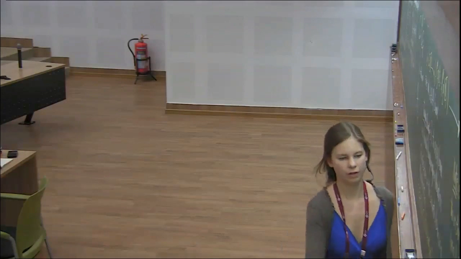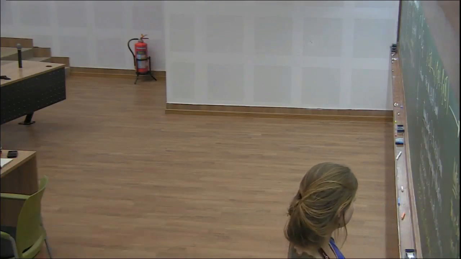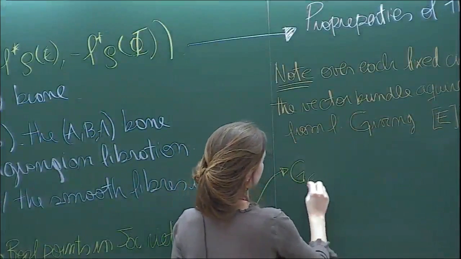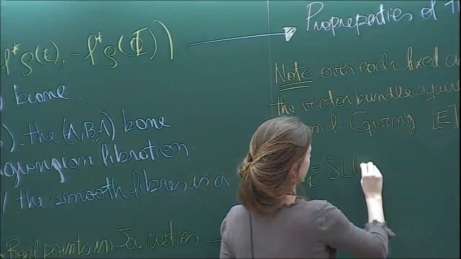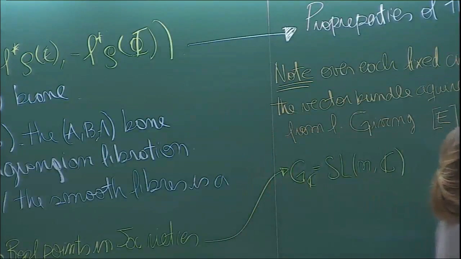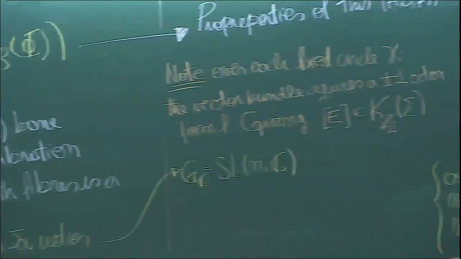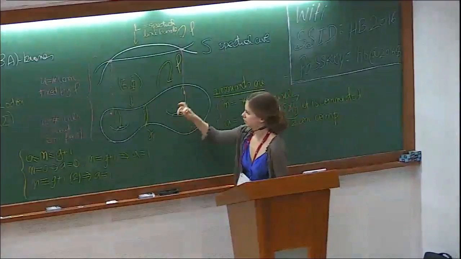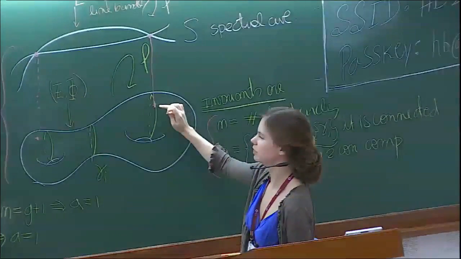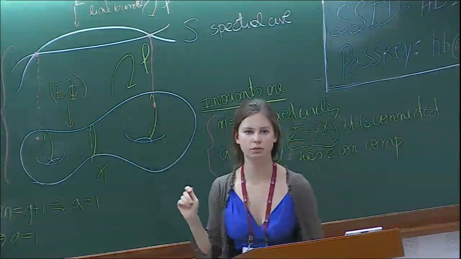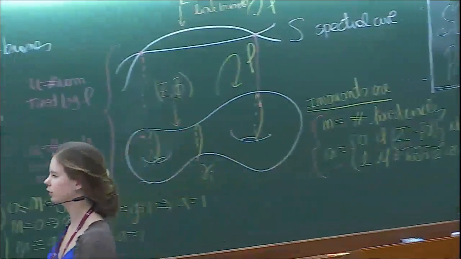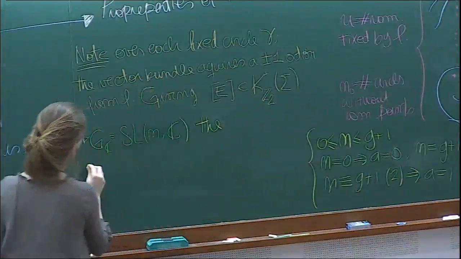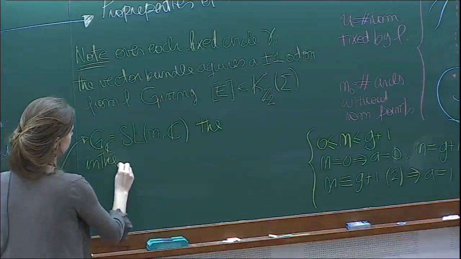Now, in the case of SL(n,C), let's come here, for G_C equal to SL(n,C), the spectral data and the fixed spectral data that you're trying to understand depends on the fixed points of the involution and the ramification points that you're fixing. So the number of tori that you actually get, so the intersection with the smooth fibers